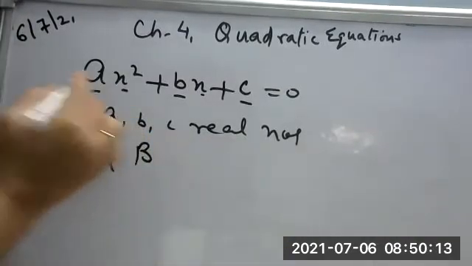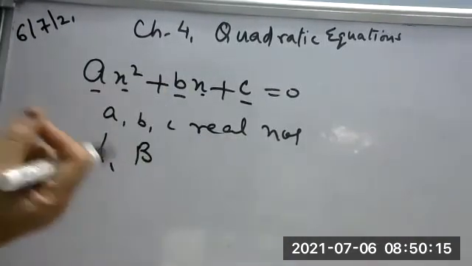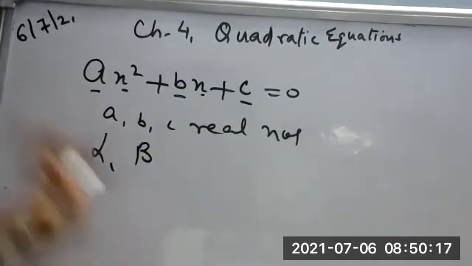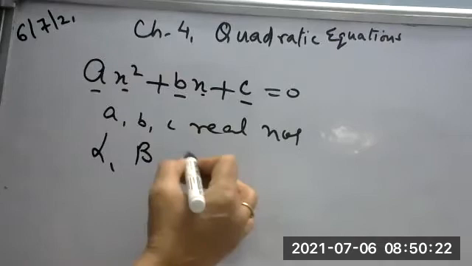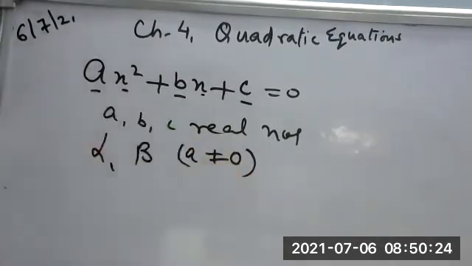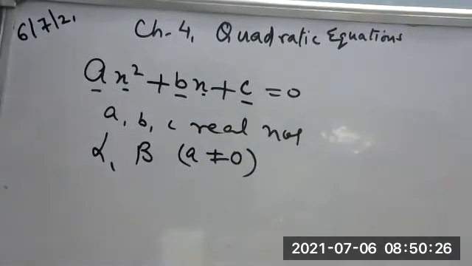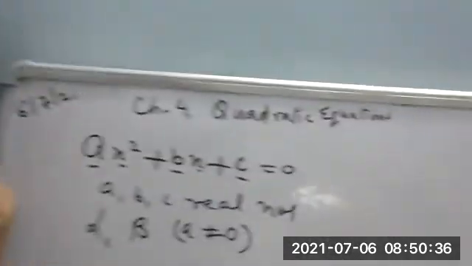Real numbers means that in place of a, b, or c, there can be numbers which are rational or irrational. And one more thing we have to mention is that a cannot be equal to 0. Yes, all of you? Subal has answered, others? How many of you know this, that a cannot be 0? What is the reason why it can't be 0? Because it will become a linear equation. Very good. Ishan has told very well, correct.